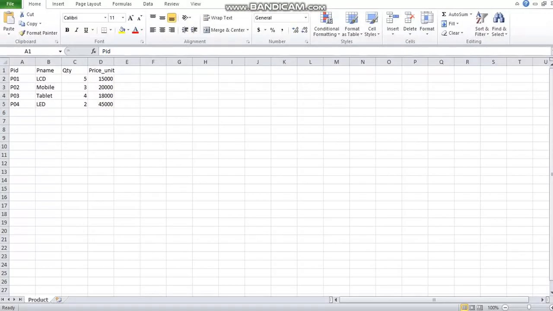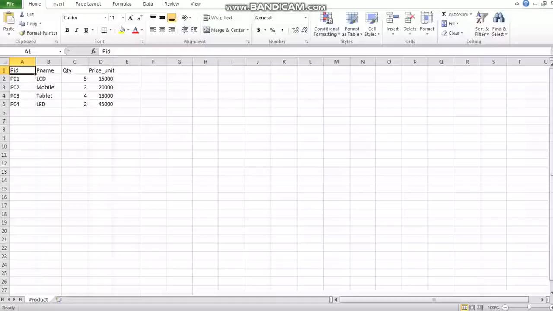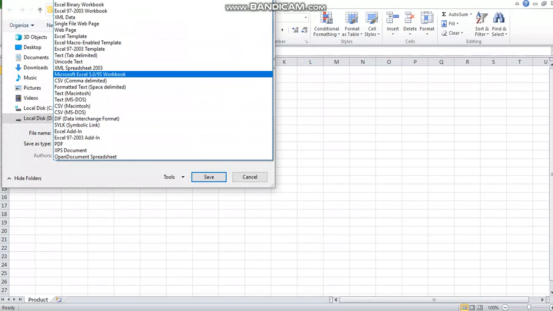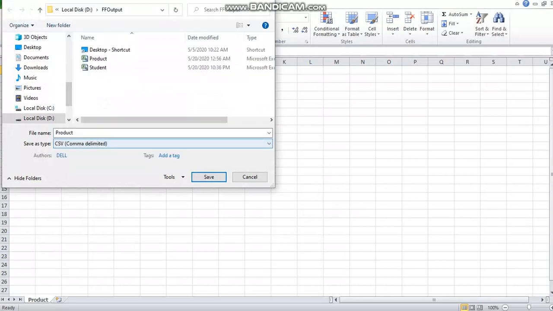In Excel, I have created a CSV file. While saving, I saved it as CSV, comma delimited. So in the list you will see how to save the file. When you work in Excel, you create the file and give the extension .csv, so save as type .csv.